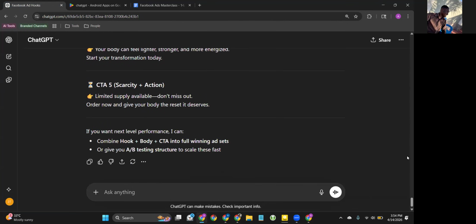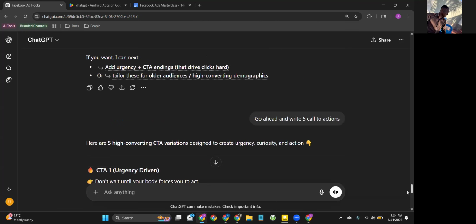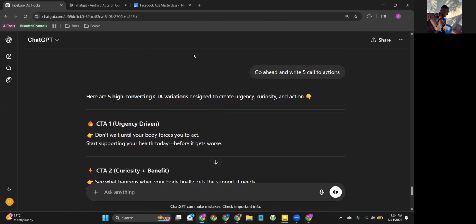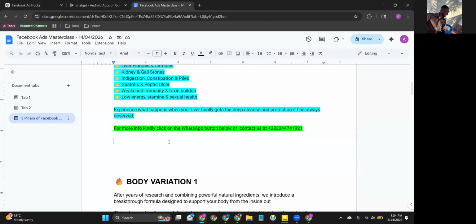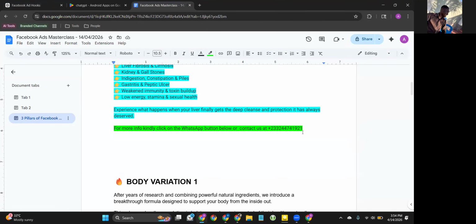Okay. You can see that because we've not given it an example of the call to action that we use. The call to action that we use here is: for more information, kindly click on the WhatsApp button below or contact our number, right? Since we've not given that as an example, you can see that it has given us something vague, right? This is not going to work. So what I'll do is I'll take this call to action